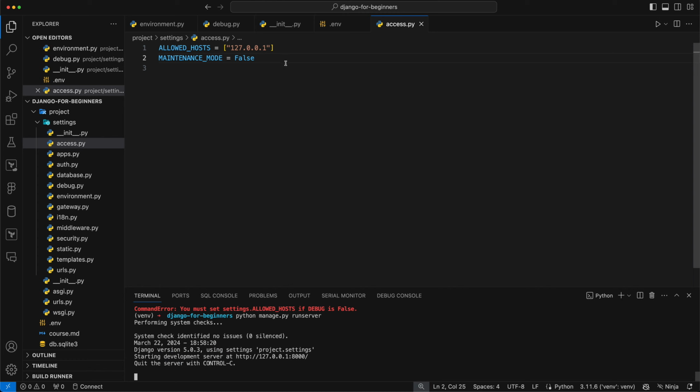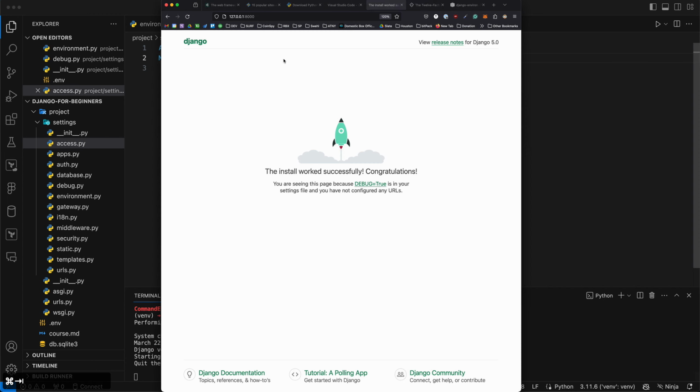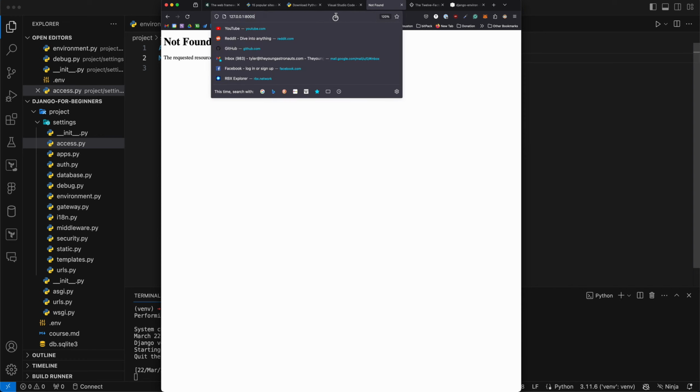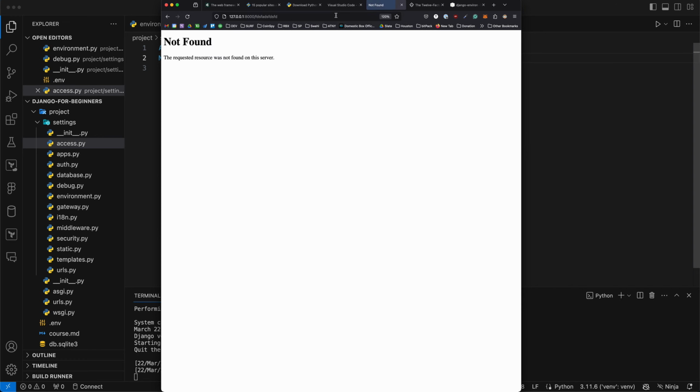So one cool thing about when you have debug mode off, it has a bit of extra security, right? It's saying, no, you have to have this set, we want to protect you. So now if I go like this, I get this not found. And this is just simply, instead of using the debug, that fun page that it was showing me, if I try to go to a URL that doesn't exist, instead of getting that 404 page, I get just this generic error that's not really telling an end user coming to this what the problem is, which is ideal,